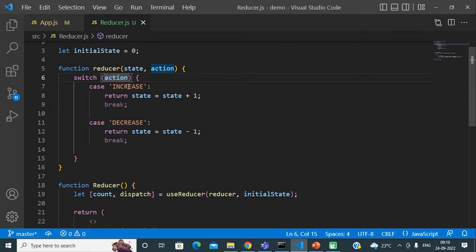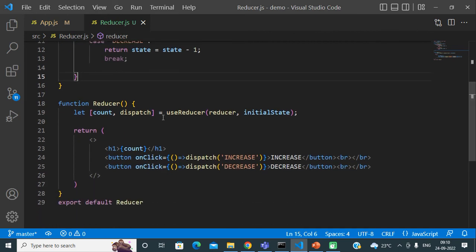Okay, if it is increase, then this particular code will get executed and the new state will be returned. If the other one is dispatched, that is decrease, then this particular code will get executed and the new state will be returned. Okay, and the newly returned state, that is either the increased or decreased value of the initial state, that is this count, we will be able to see the updated value in our JSX.